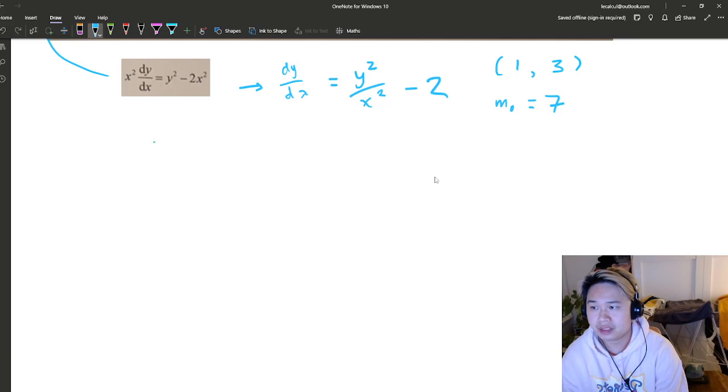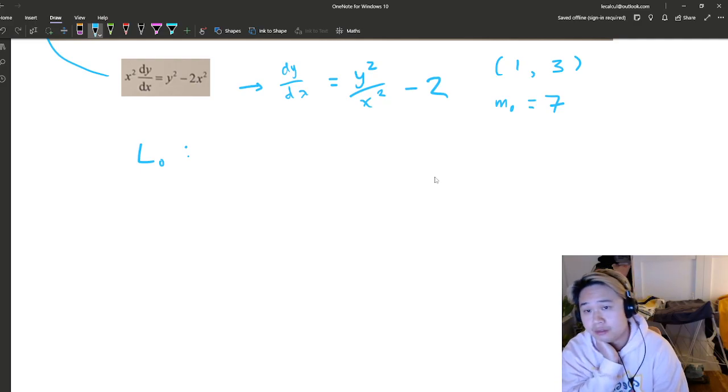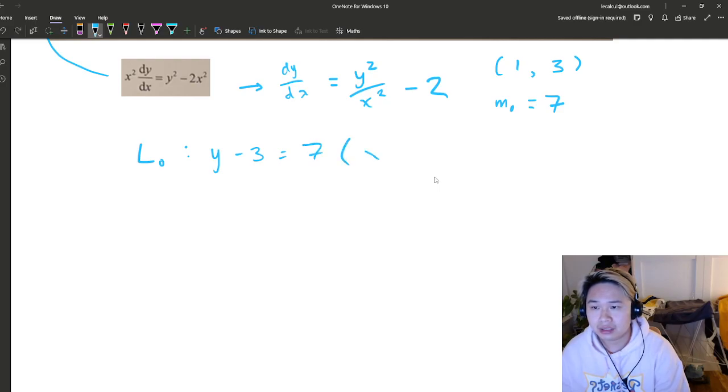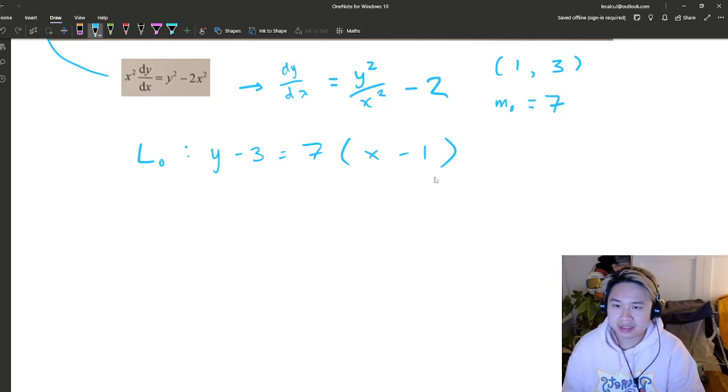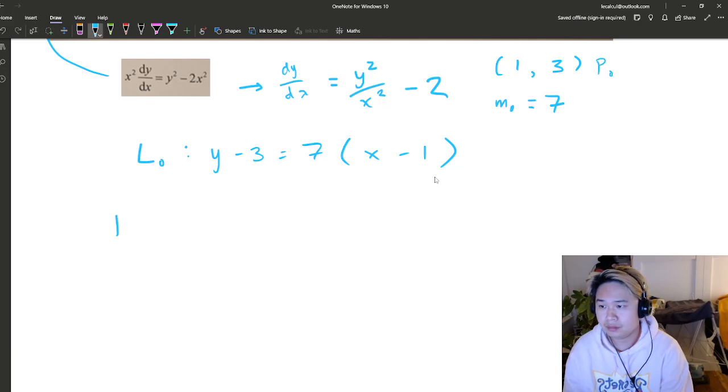So our first line, line 0, is going to be in point gradient form: y minus 3 is equal to 7 bracket x minus 1. Okay, then we're going to take a step. So this is P0. That just means that P1 is going to be